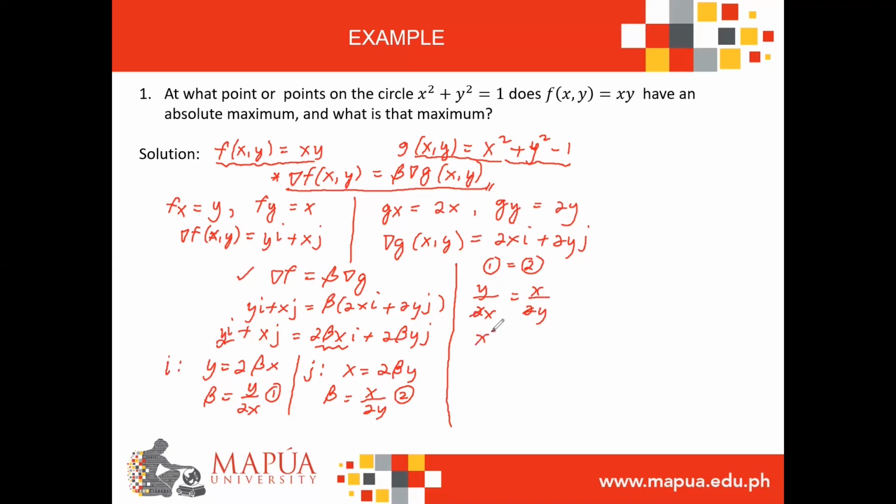The answer is x squared equals y squared. So solving for x, we now have plus and minus y. Let's call this equation 3, and if we substitute this equation